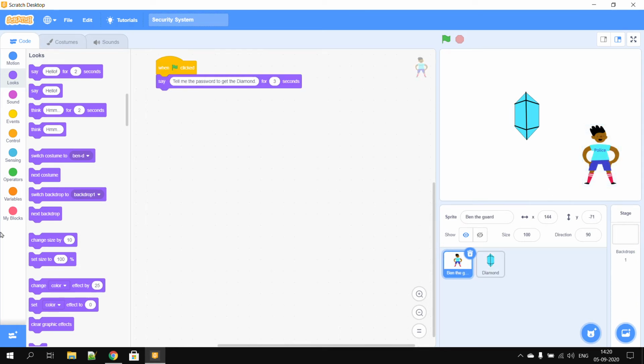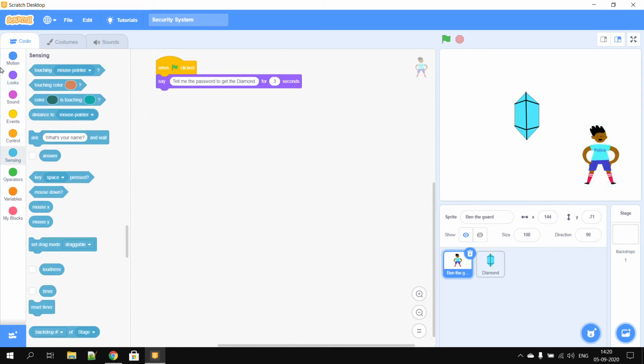And now I want this diamond to hide when there's nothing and show when the password is correct. So I will go into the sensing, and I will take ask and wait, and then I will set there what is the password, question mark.